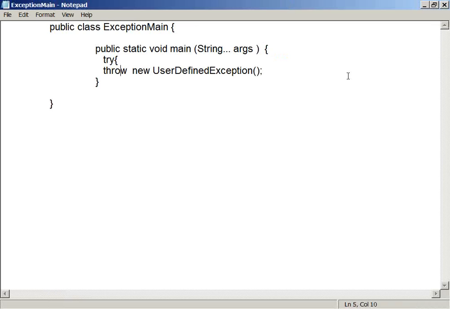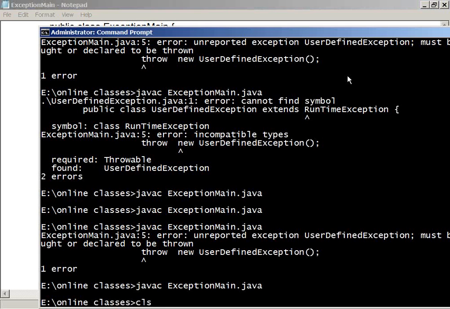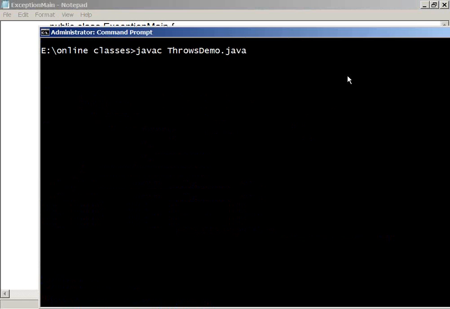Just remember only one point in this discussion. When a checked exception is thrown, as a programmer, you should handle it or you should declare throws. Then only your compiler compiles it. Otherwise, your compiler will not compile the program. Only keep that in mind. With practice, you will understand these things.